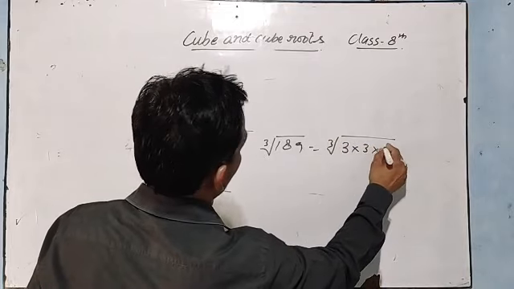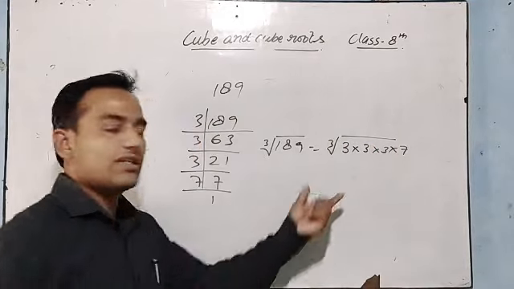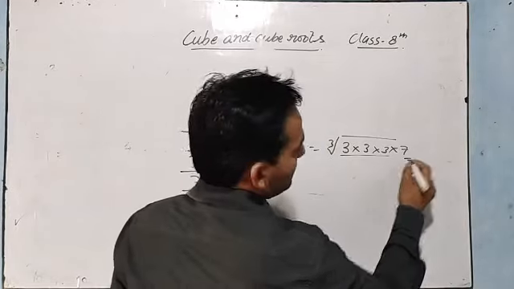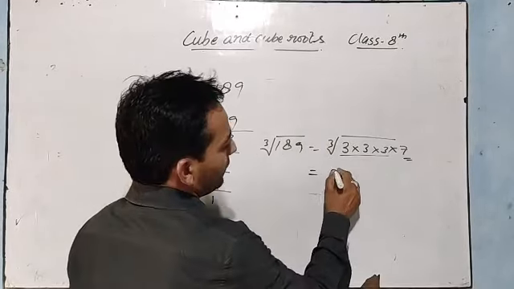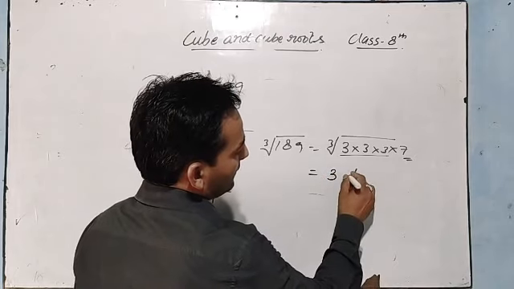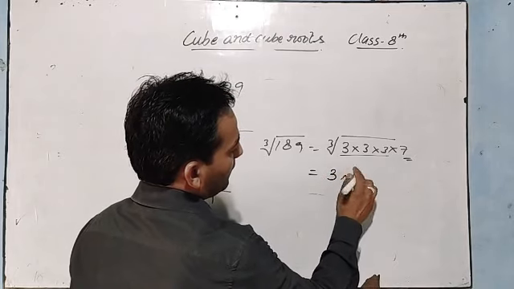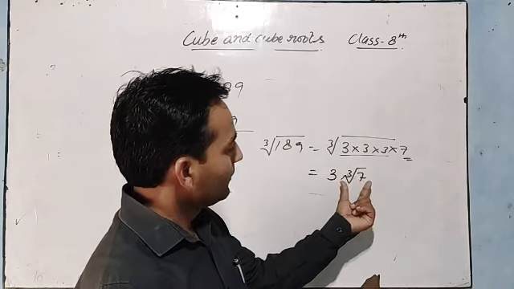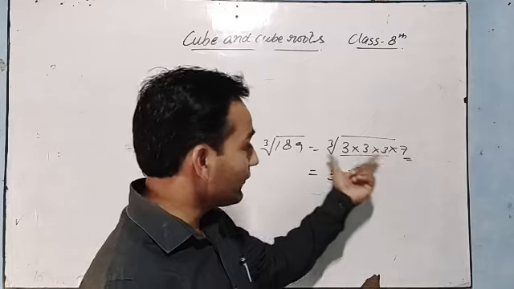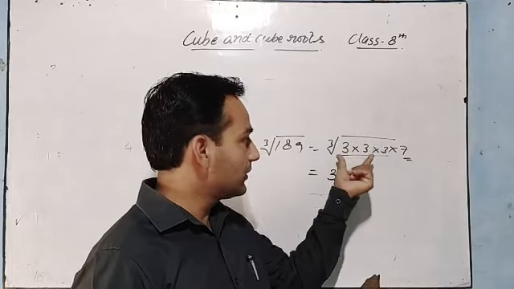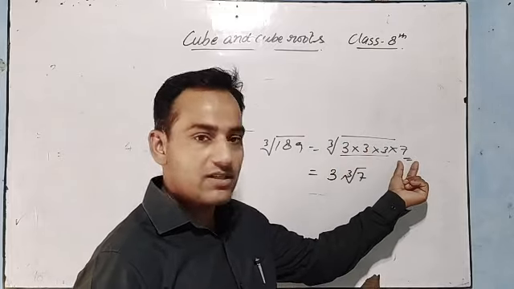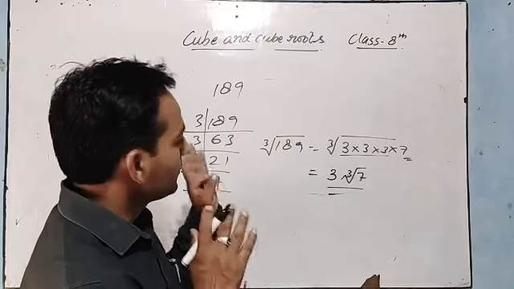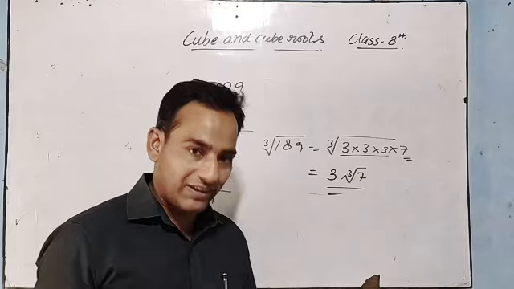So now 189 is 3 multiplied by 3 multiplied by 3 multiplied by 7. See, this is not a perfect cube because we are getting the triplet of 3, but 7 is just alone. So only 3 will come out and this 7 will stay under this cube root sign. This 7 will not come out because for it to come out, it would need to be a triplet like the 3. The 7 is alone. So this 7 will not come out. This is the required cube root. So we can say 189 is not a perfect cube.